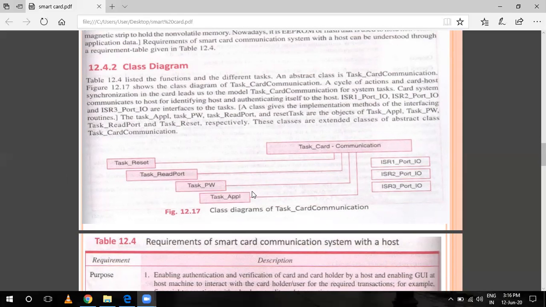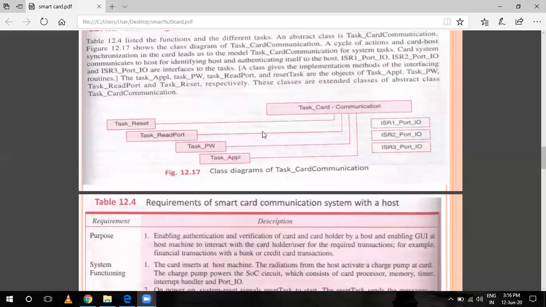When we are talking about the task card communication, a cycle of action and card-host synchronization leads us to the model of task card communication for the system card: select system, communicate to host for identifying host and authenticating itself to the host, that is ISR port 1, ISR 2 port input output, ISR 3 port input output, which are interfaces to the task.